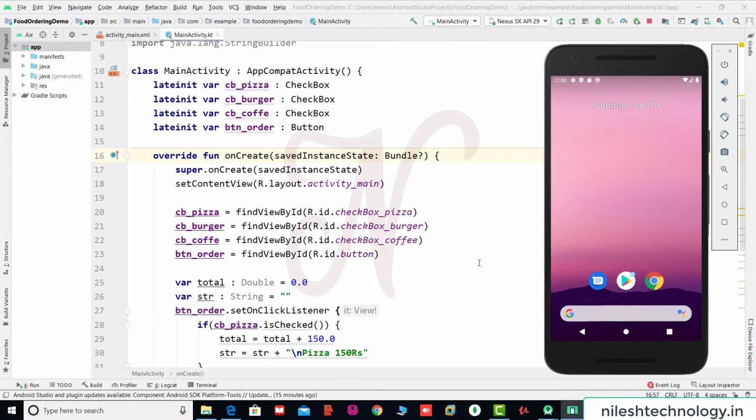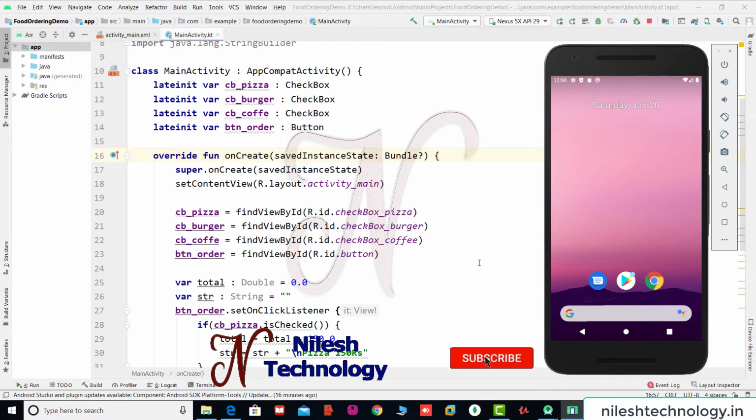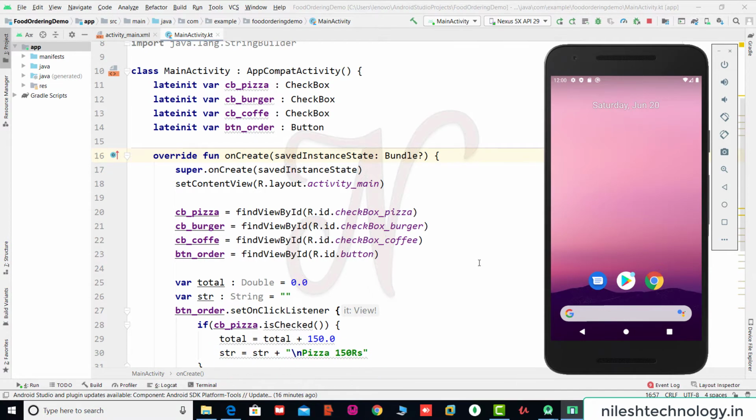In the previous video we saw the radio button and its event. In this video we will see what a spinner is and its action or event. The Android spinner is like the combo box of AWT or Swing in Java. It can be used to display multiple options to the user, in which only one item can be selected by the user. So the Android spinner is like a drop-down menu with multiple values from which the end user can select only one value.